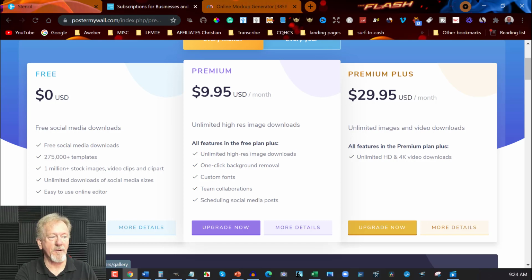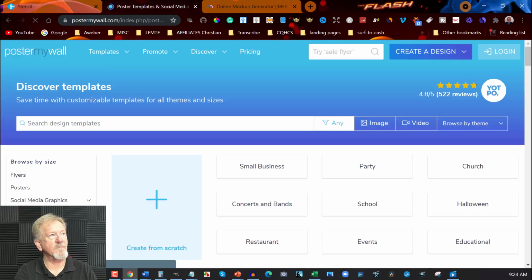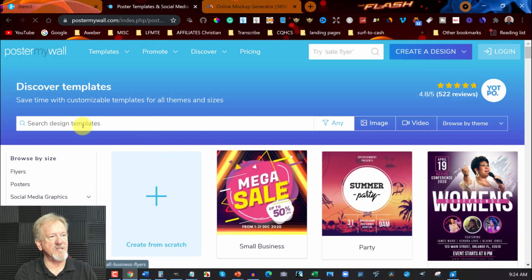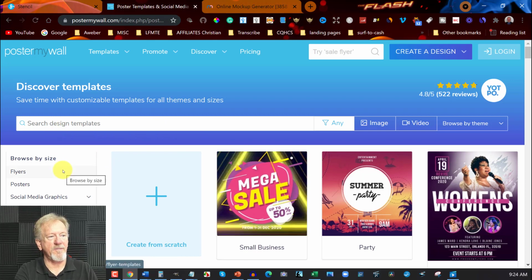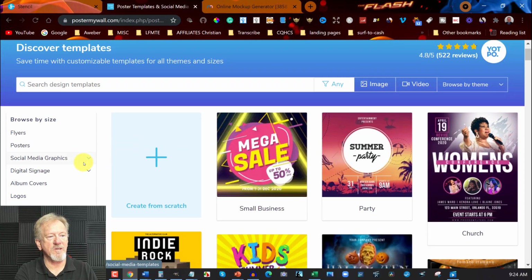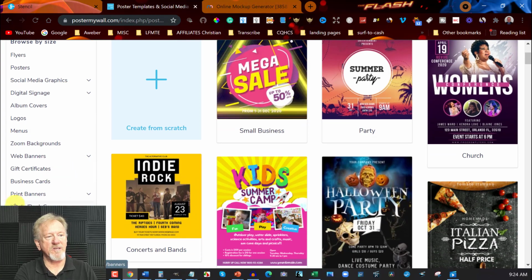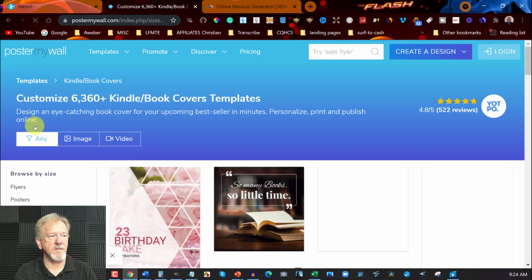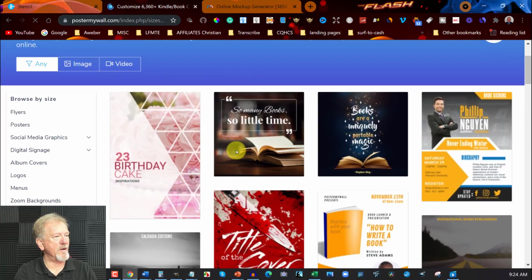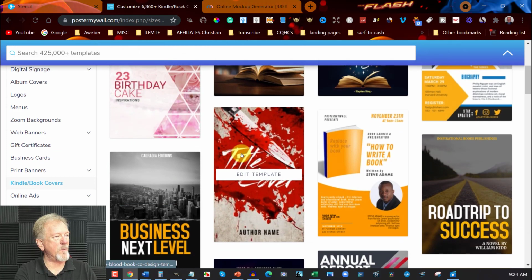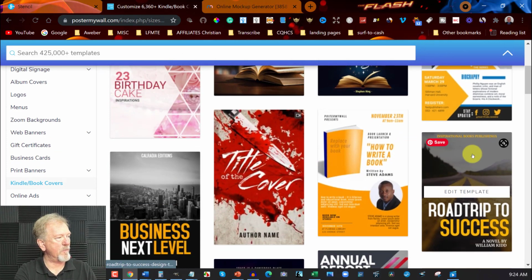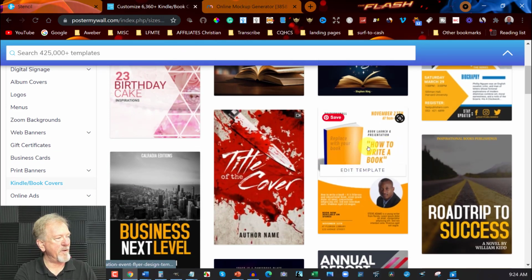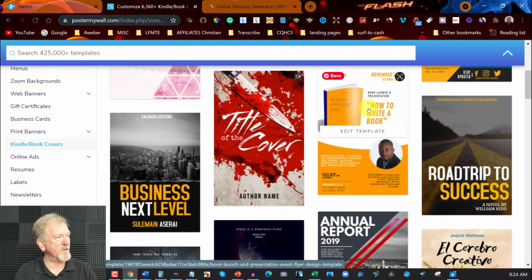So let's get started. We click on here, and this opens this area just here up. Now if you want to do something like ebook covers, you go over here to where it says Kindle. See where it says Kindle book covers? You click on that one just there, and that opens this area right here up. This gives you options as to the type of books you might want to look at. I mean, a lot of people might choose to go for something like this, or like that,